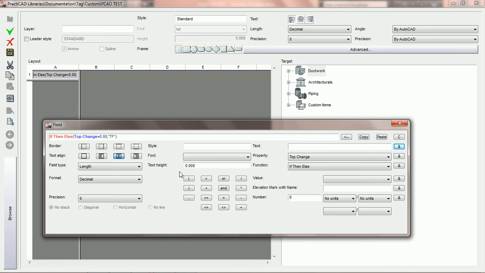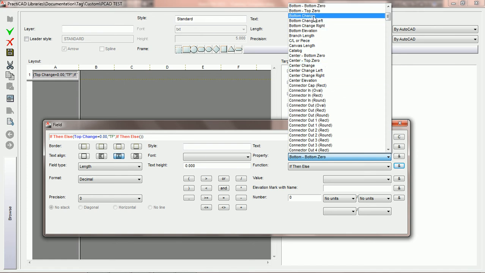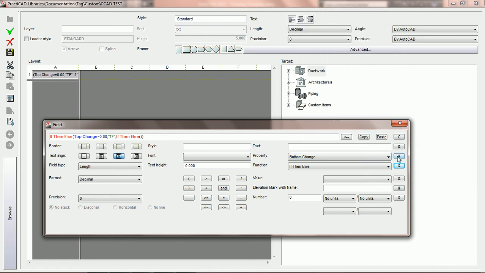So what we're going to do right here is hit comma, and then go to if then else again. So look at what we've done here. We've said if top change equals 0, comma, show TF. Then we're going to say comma, and start over again, and say if, and make the next statement. We're going to say B for bottom change, and say if bottom change, and hit the ampersand, hit equals, and the numerical 0,